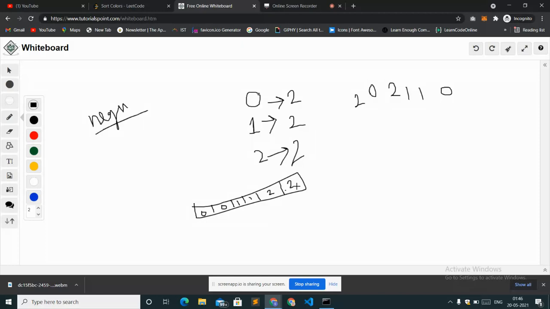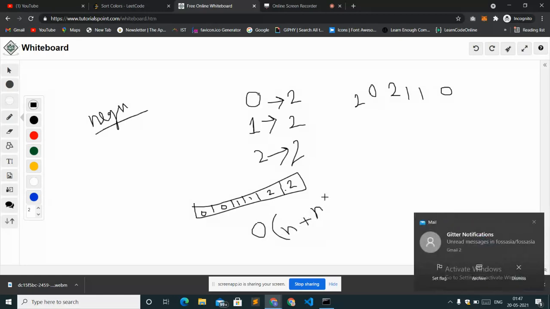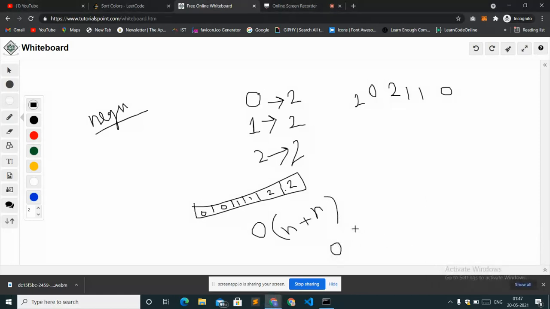So this is the procedure. Here you can see the time complexity of this algorithm will be O(n) plus O(n), because we need 2 passes of a loop, so it's basically O(2n). That's a great optimization.